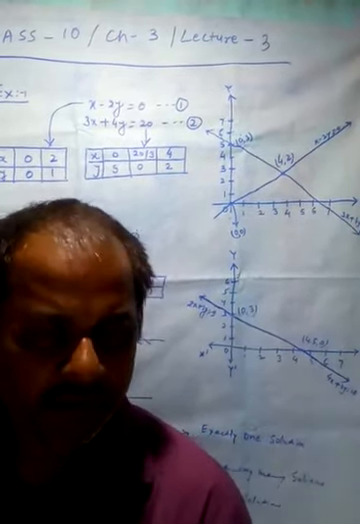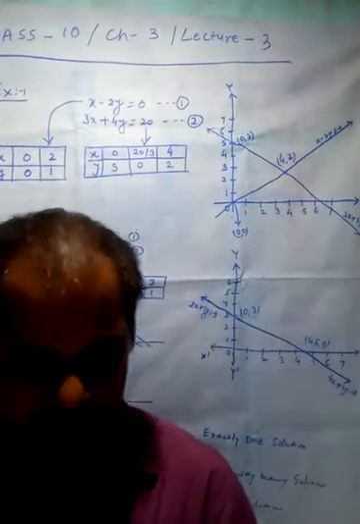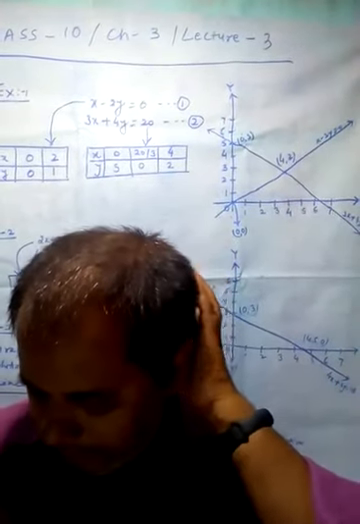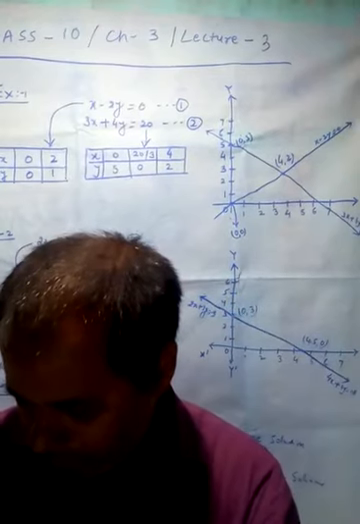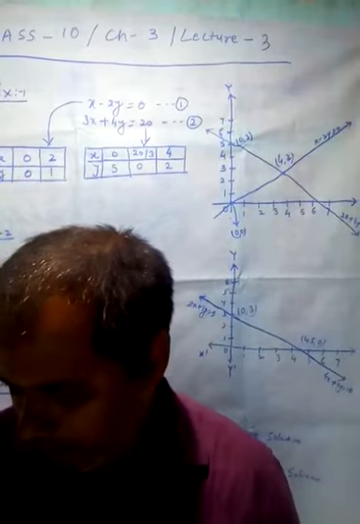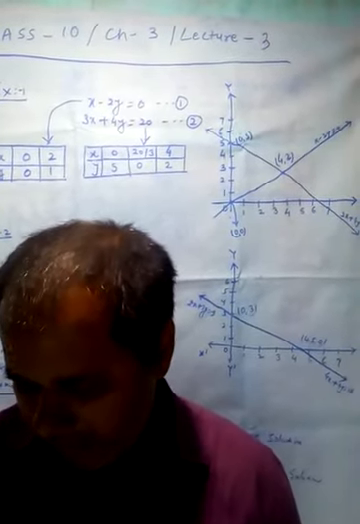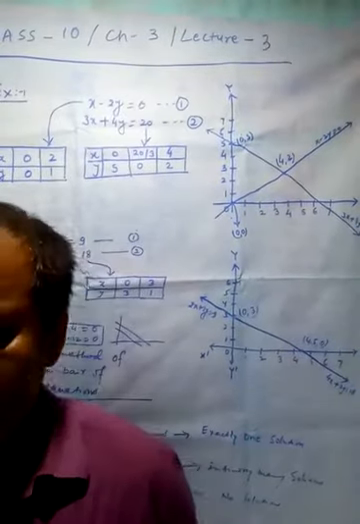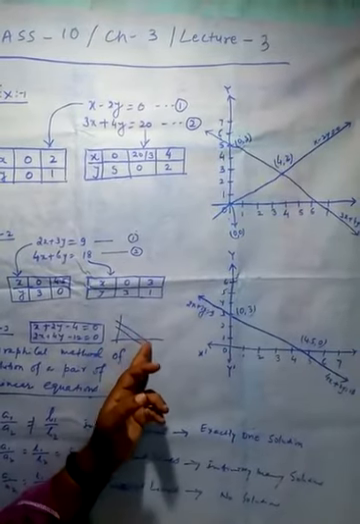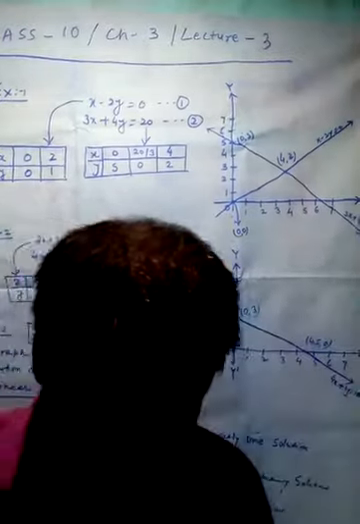In the situation of example number 3, can the two rails cross each other? In figure 3.4, the situation is represented geometrically by two parallel lines. Since the lines do not intersect at all, the rails do not cross. This also means that the equations have no common solution. Here this line never intersects with this line, so both will never meet at a common point.